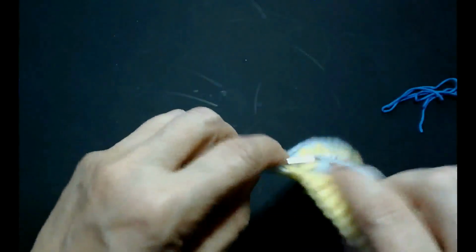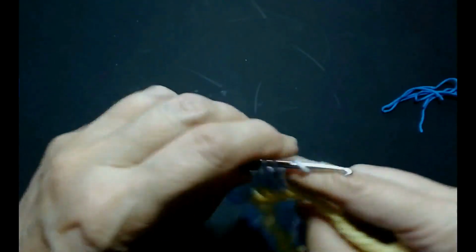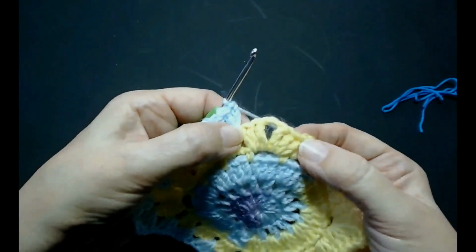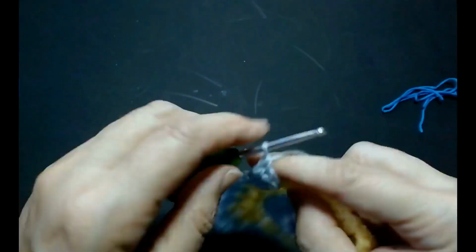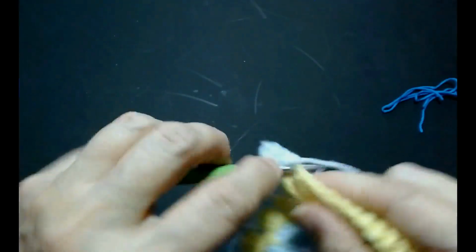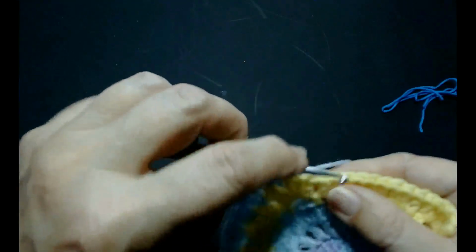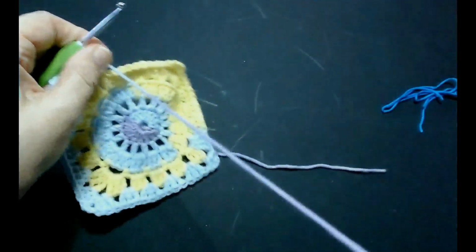You're going to put your little granny cluster in there, your 3 treble crochets. Work along this side with your clusters in between the clusters that are there already. So into this corner you're going to put your 3 treble crochets, 1, 2 and 3, chain 2, don't do them too tight, chain 2 and 3 treble crochets into that corner, 1, 2 and 3. So you're going to move along in between your clusters again and do your next cluster, 1, 2, pull my yarn out,